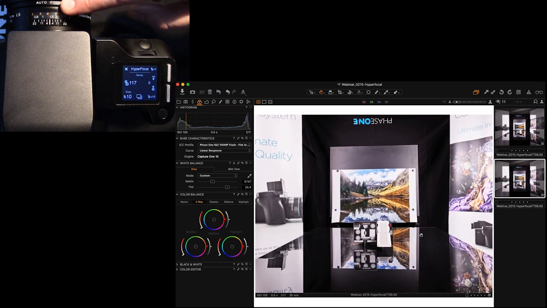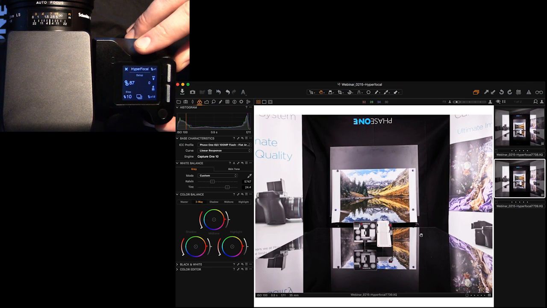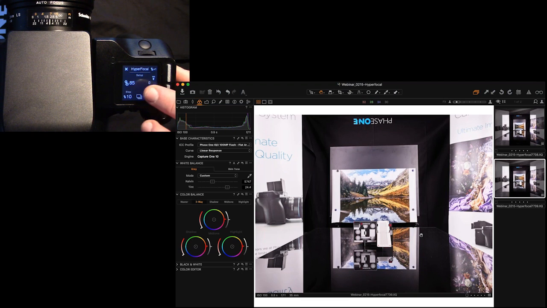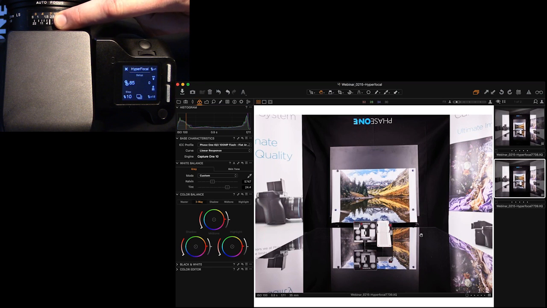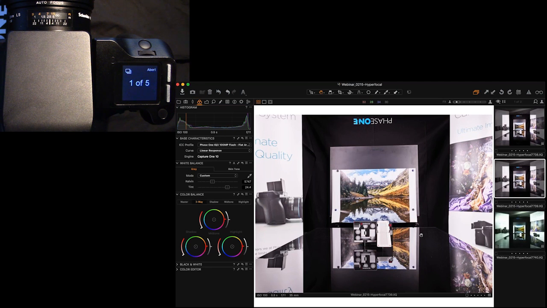So when I put the lens back in autofocus, it just quickly tries to get me as close as it could. And now I'll just refine that position using the dial. So I'll move in a value of 10, and now I'll move in a value of 1. So that's about where we want to be. So this is now in a position of 85. The lens is at a position of 85 there. And I'm going to go ahead and start the calibration process using steps of 10 between each capture.